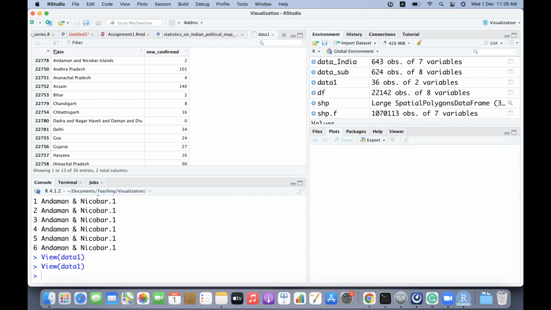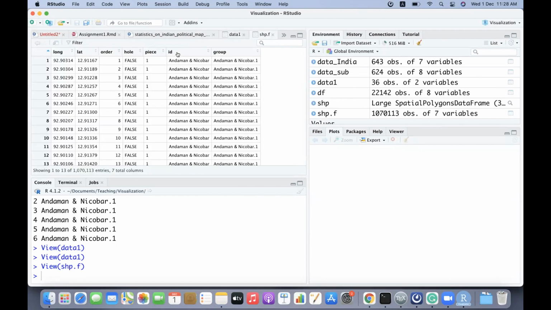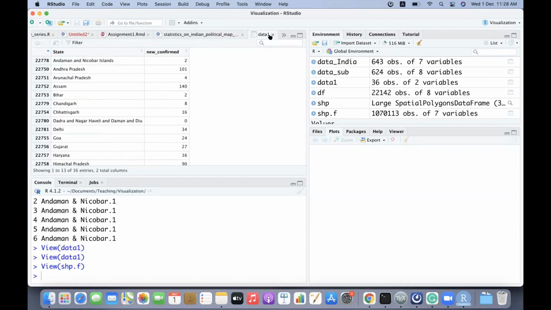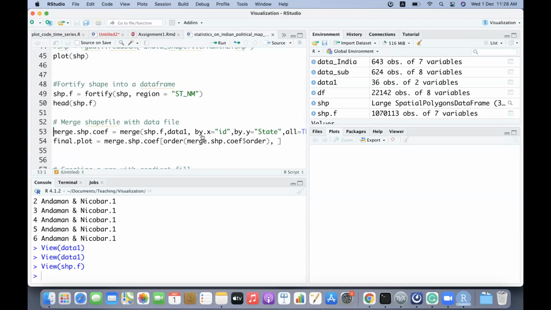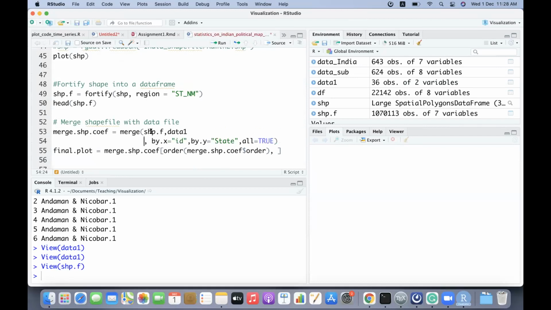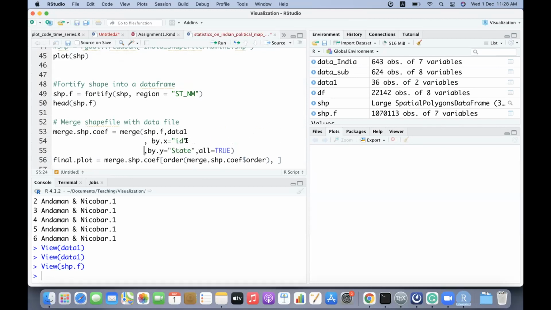In the data one, it is state, and in the shape.f file, it is ID. So X in the shape.f is by ID, and in the data one, it is by state.